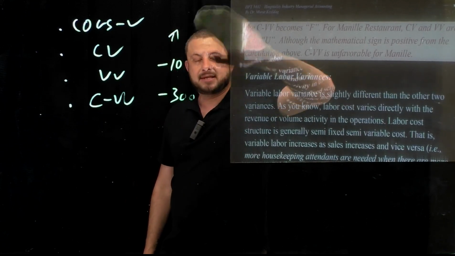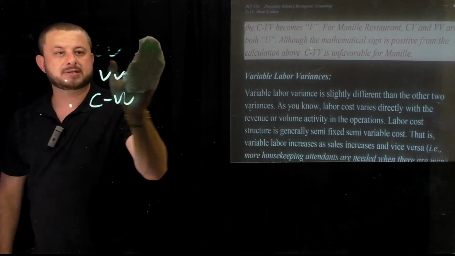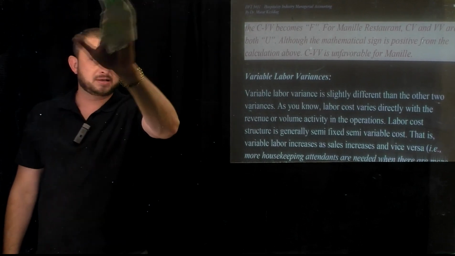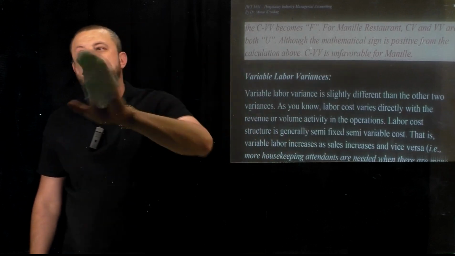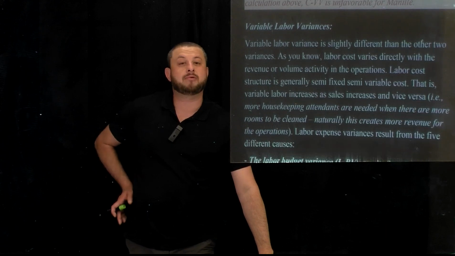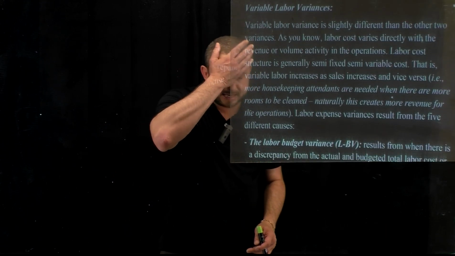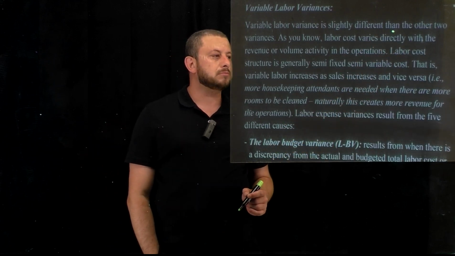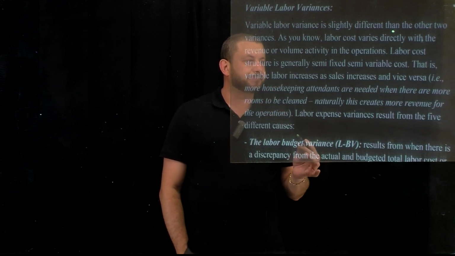We have one more, and this is the last one, and we only have the labor variance right now, guys. All right, labor variance is slightly different than the cost of goods sold, though they are both expenses. Why COGS and labor variance? Because cost of goods sold and labor variance are the most important expense items for the hospitality industry. We are going to take a look at one more thing over here because that's why it's slightly different from each other.